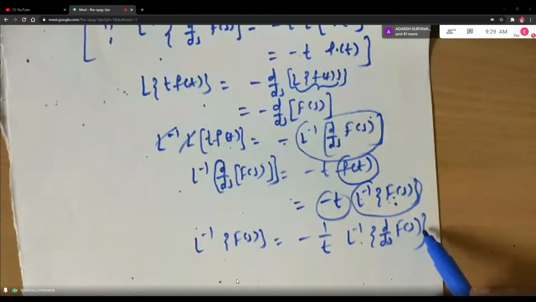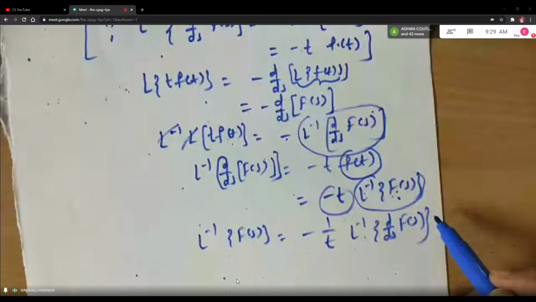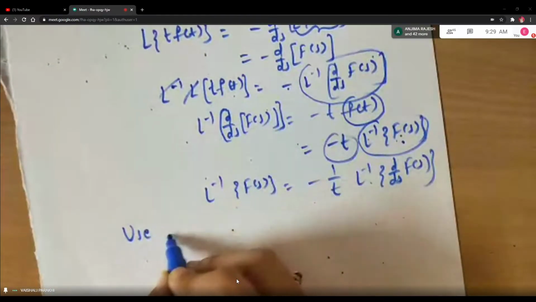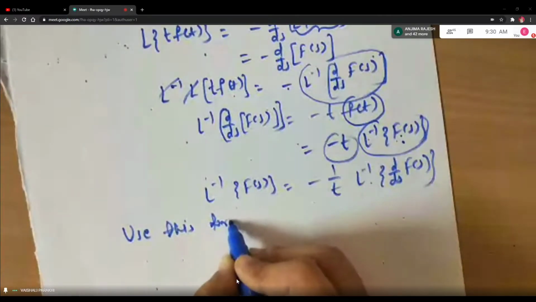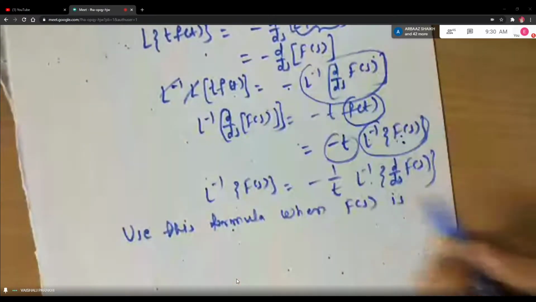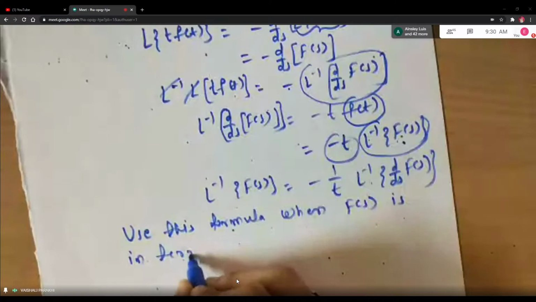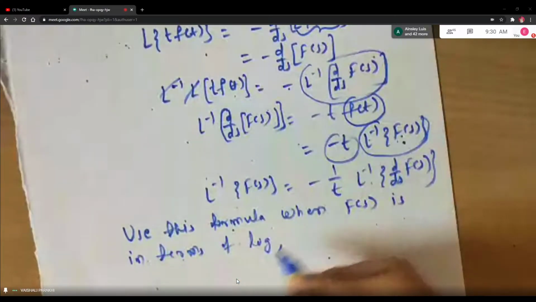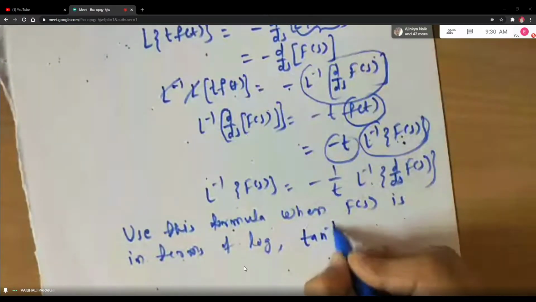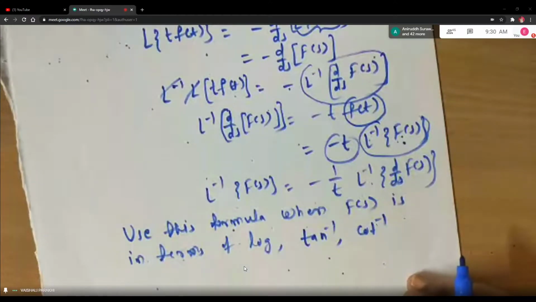Now there is a speciality of this formula. When to use this formula? Whenever the function contains log, so just write one sentence below this. Use this formula when F of s is in terms of log, or it may be in terms of tan inverse or cot inverse, right? So whenever your function contains this type of terms, then definitely you have to go for